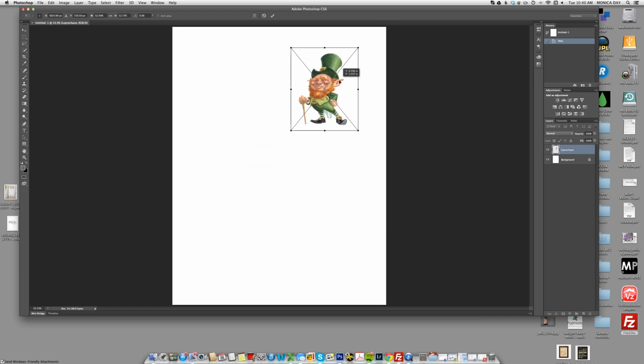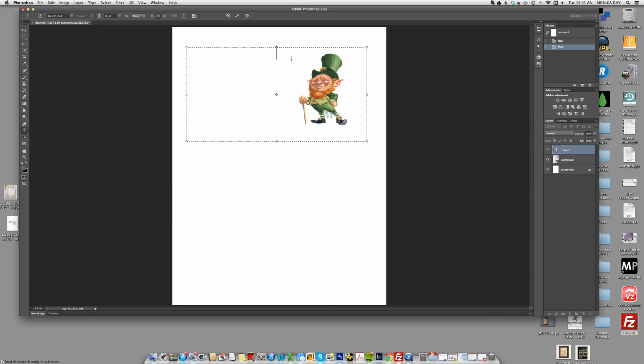So let's say I want to put him in the corner, but I want to type something around him and not have it go through him. Notice with my text tool, if I start typing, it'll type over him. So Monica is so fabulous. So it doesn't know he's over there, but it wouldn't because we use layers in Photoshop. So let's erase that,